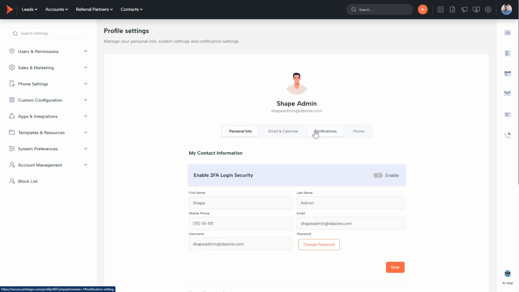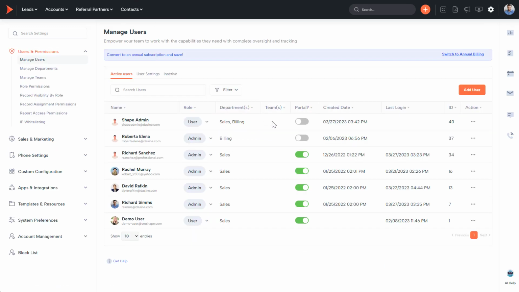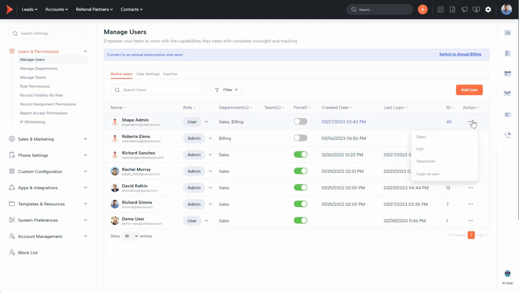As a system administrator, the Login as User feature in Shape is a powerful troubleshooting tool that allows you to view the system from the user's perspective. To use this feature, simply click the